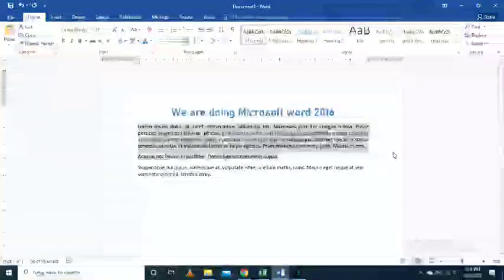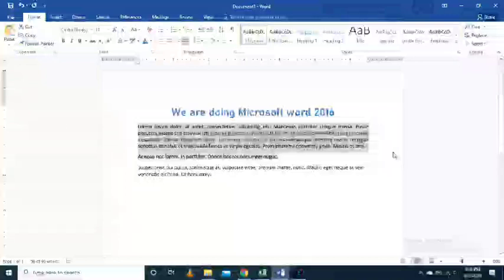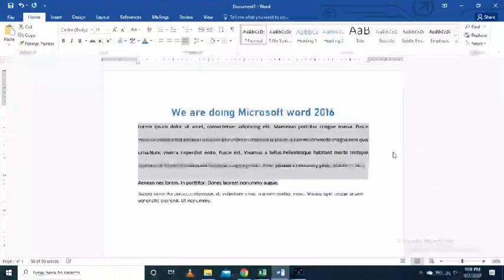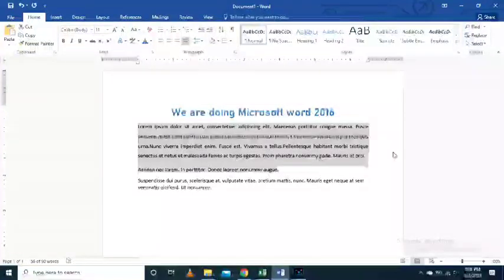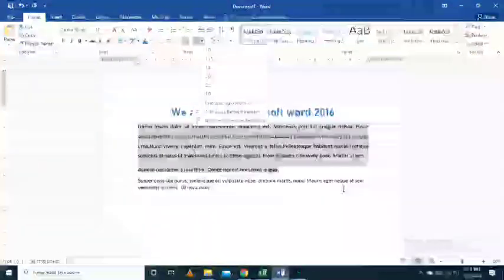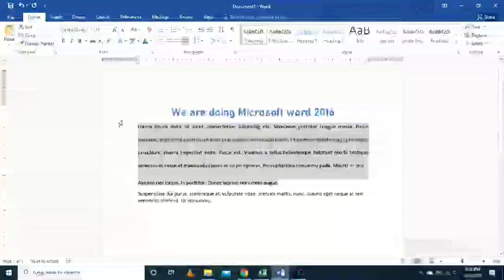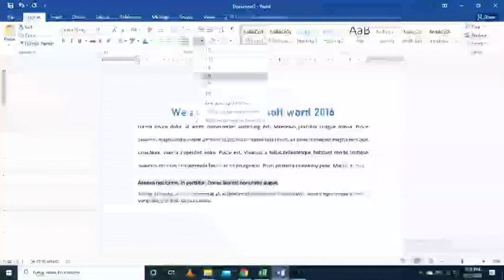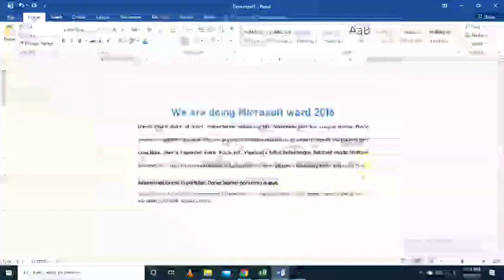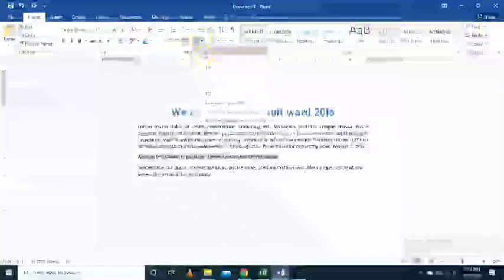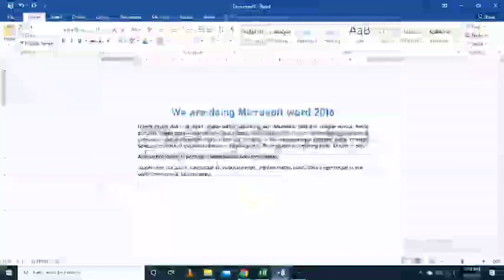For this also there is a shortcut. Control 1 is for single spacing, Control 2 is double, Control 5 is for 1.5. You see here it will be clicked in 1.5, like that. So let's try to make it double and see it again. If you press Control 2, it will be double. Let's check it. Yeah, it's in the 2. 2 means double, like that. So this is about the line spacing. Hope you got it.